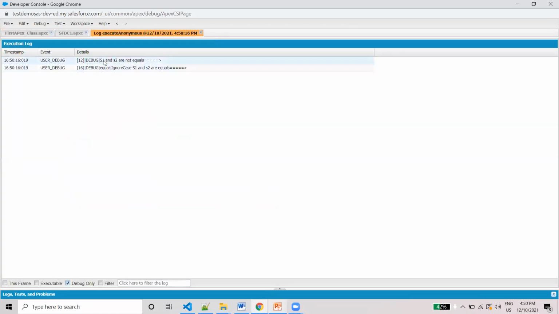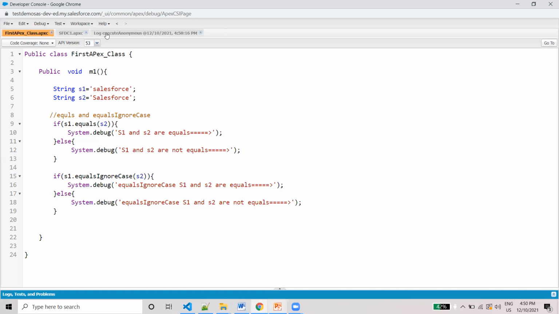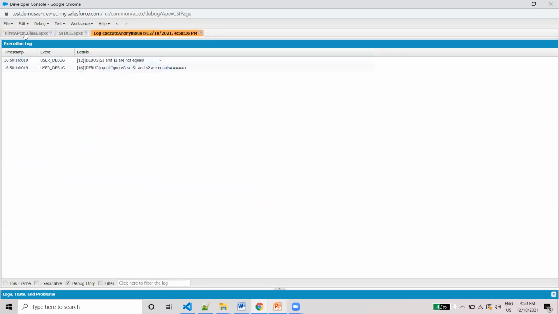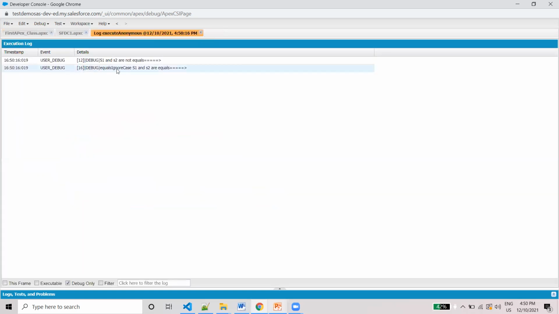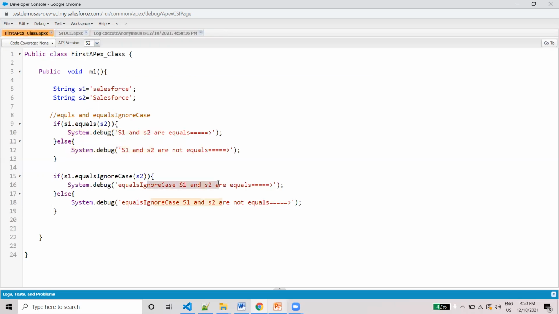Now you can see the first one shows s1 and s2 are not equals, so the else block has been printed, and this one shows s1 and s2 are equals, so this if block has been printed. Now you will understand the logic: if we use equals, it is case sensitive, but if we use equals ignore case, it is non-case sensitive. So this is the difference between equals and equals ignore case.